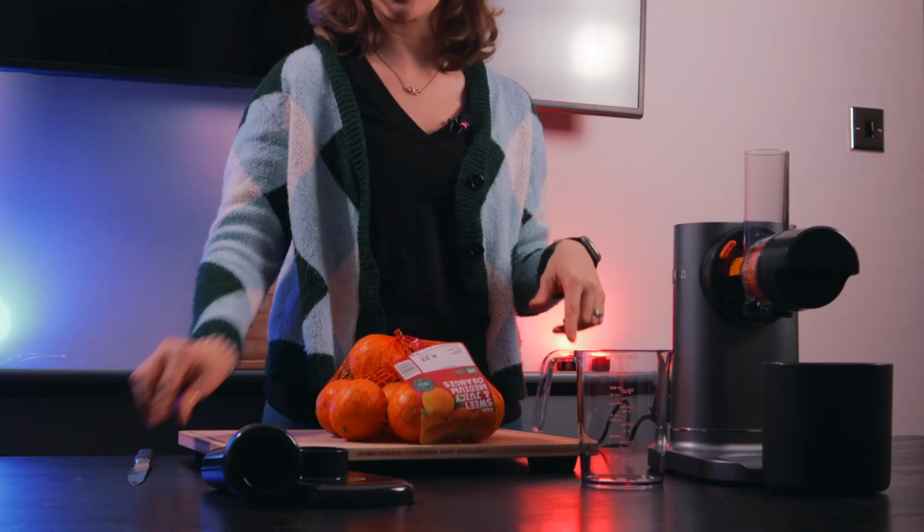So let's have a look and see how well it can actually juice. We're gonna start with some oranges. So for this part, we've got some oranges, a chopping board, and a knife because we're going to need to peel the oranges. Obviously, if you want to juice things like apples or pears, then you don't need to remove